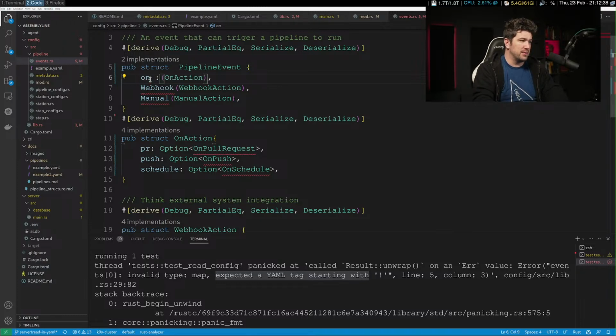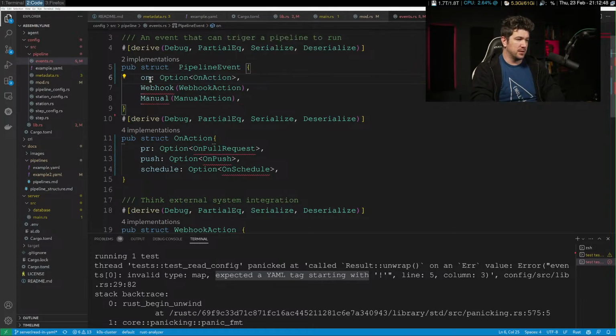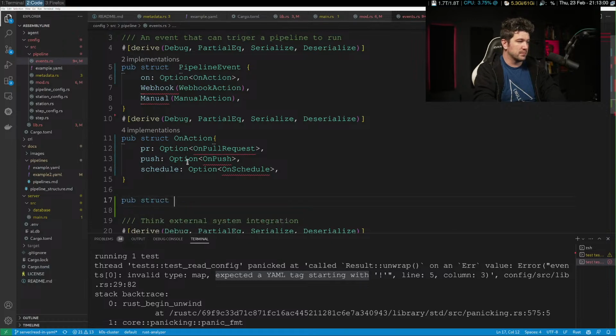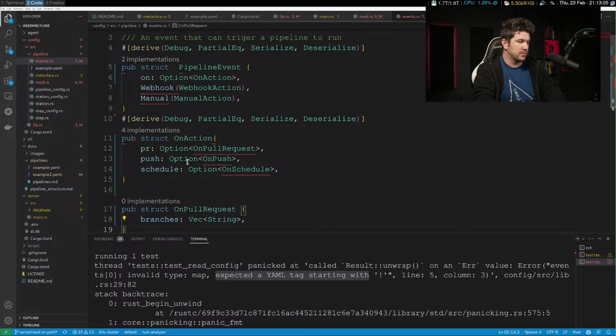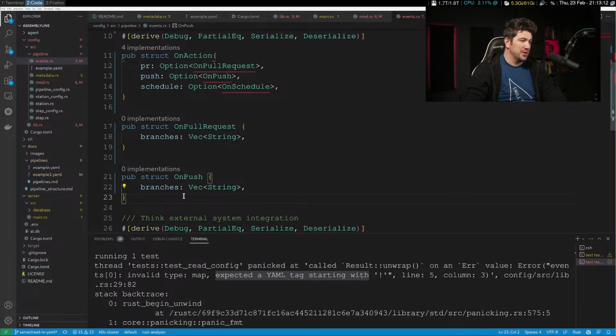Then this is going to be of type option on action. Gorgeous. Then this is going to be webhook action. We'll need a struct for this. Oh wow, that actually got it, it has the branches. Okay, I like it. It's thinking. Pub struct on push. Cool.